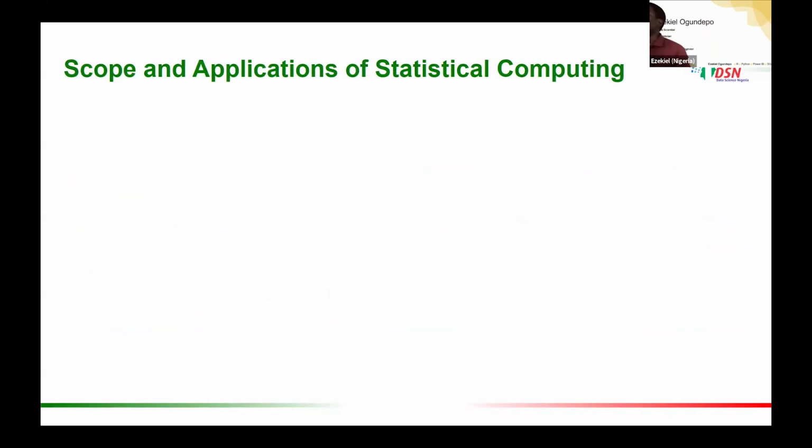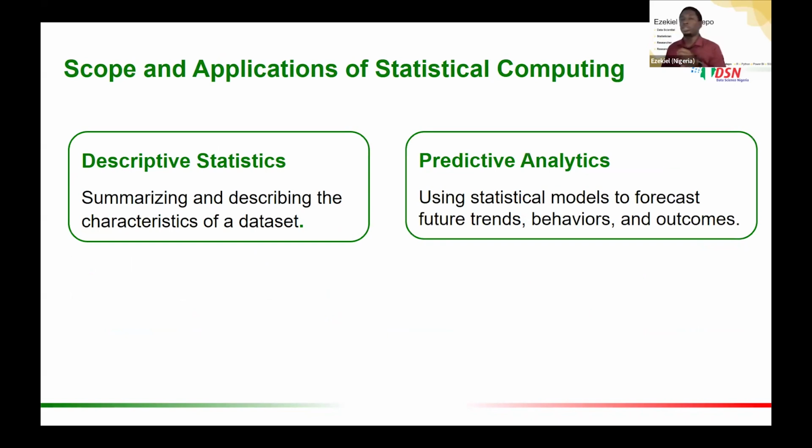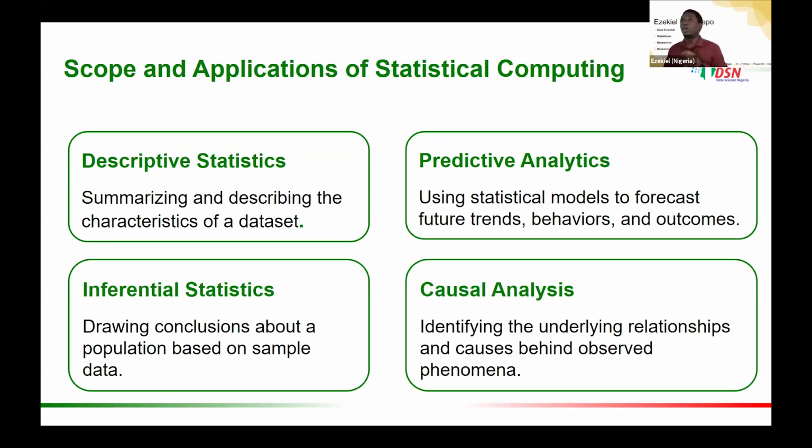Of course, we have this scope of statistics, which is descriptive statistics. All of you can use Power BI, right? So what you are doing there is called descriptive statistics, where you are using charts and figures to present your data sets. Then we also have what's called predictive statistics. Okay, we have what is called causal analysis. This is where we are looking at phenomena that is causing, or the effect of something based on another thing,